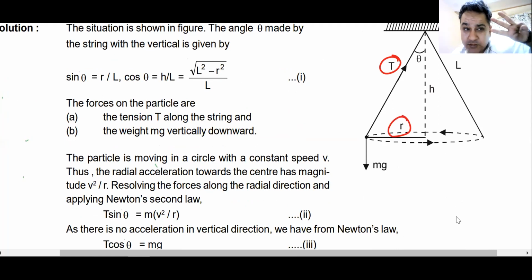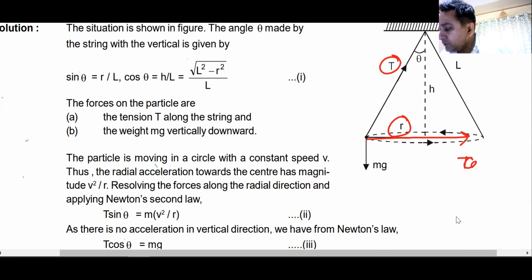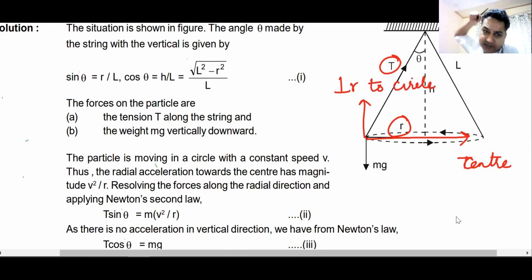Three directions I told you about. Here, this is towards the center. This one is perpendicular to the circular path. And the inside direction is the tangential direction, which is going into the plane of the board. If I assume that this is moving like this, the inside direction is the direction of tangent, along which direction the equations are made.